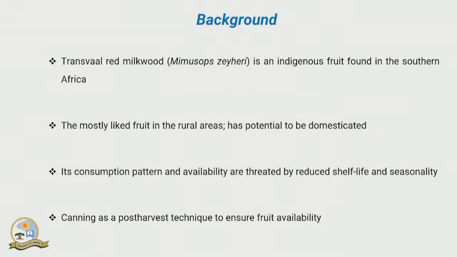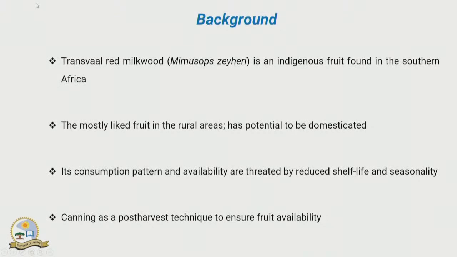Therefore, because of that seasonality, it's important that we find methods that would preserve whatever is available, especially because of erratic rainfall and other factors that might cause the tree not to flower. As a result, a method such as canning could be used to preserve the fruit, maintain